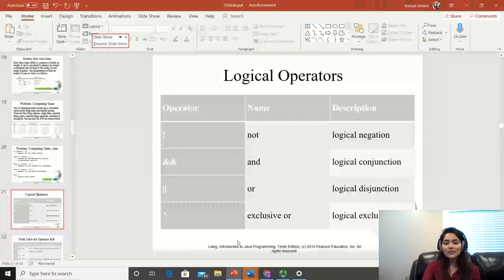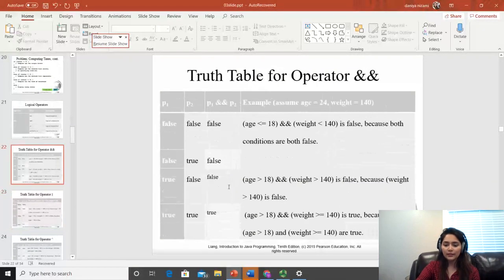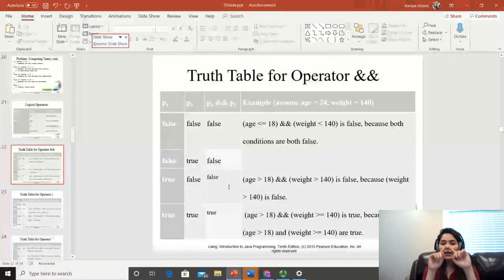Okay, so let's take a look at what the and operator, or operator, and not operator do. So this is a truth table. We usually create such tables for these operators because they come into play when you have two conditions. There must be an expression on the right side of the operator and an expression on the left side, and all these operators return the answer as a boolean, meaning true or false. So let's take a look.